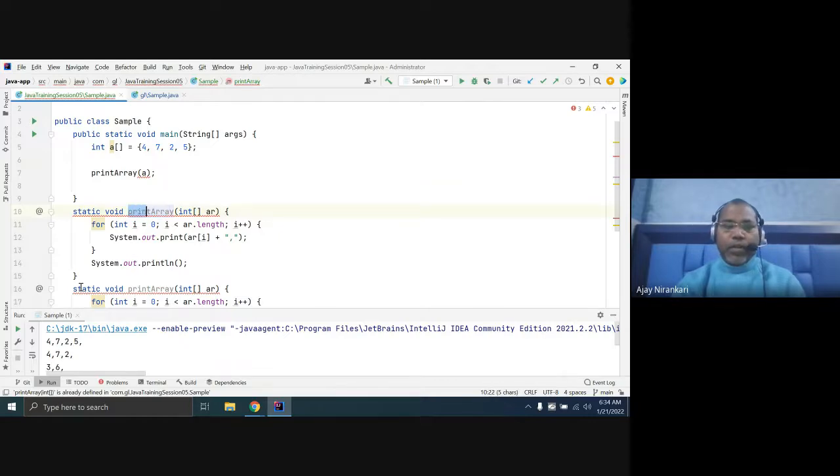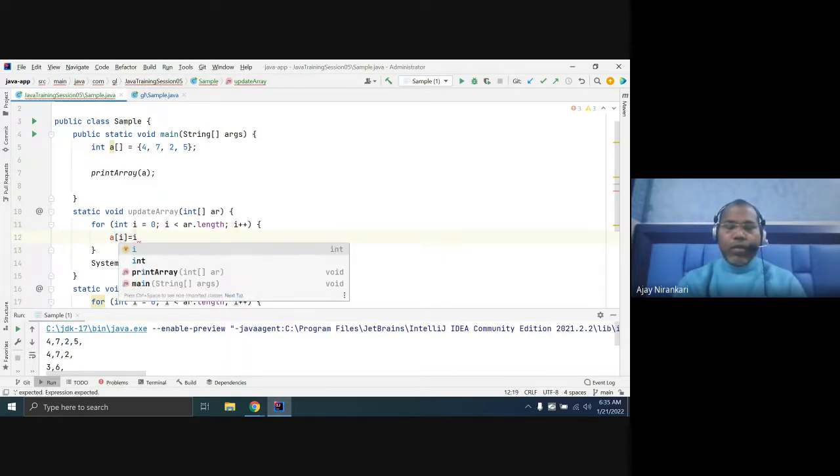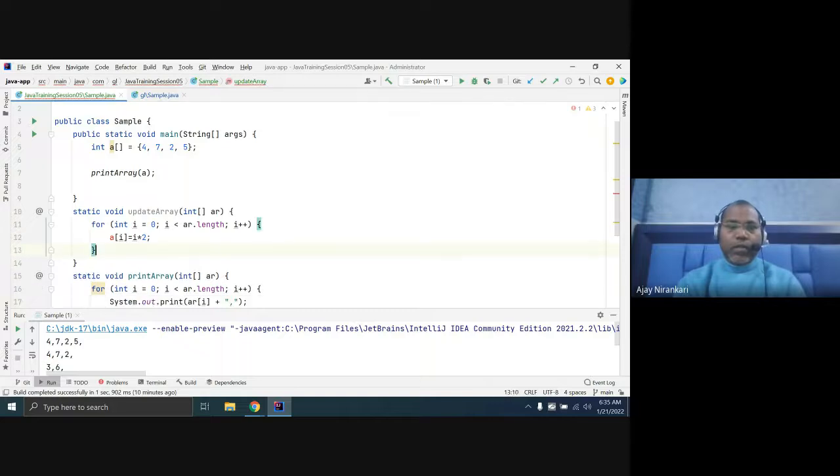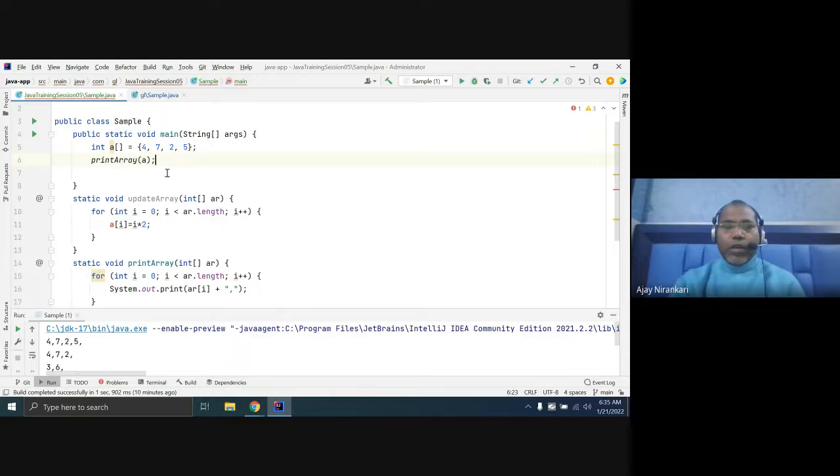Inside update array value, I can just assign a of i equal to i multiplied by 2. Okay. So let us run the code.